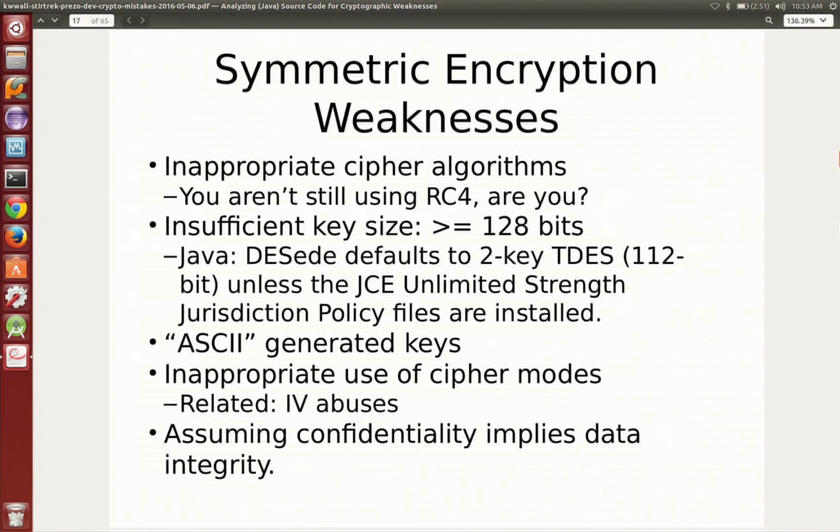All right. So symmetric encryption weaknesses. Everybody's gotten rid of RC4, I hope, right? Obviously, if you're using key sizes too small, that's a problem. The one thing I would say to be aware of is that in Java, because of the export regulations, there are 2 versions of triple DES. There's a 3-key triple DES and a 2-key triple DES. And if you're using the 2-key triple DES, which you might not be aware of,